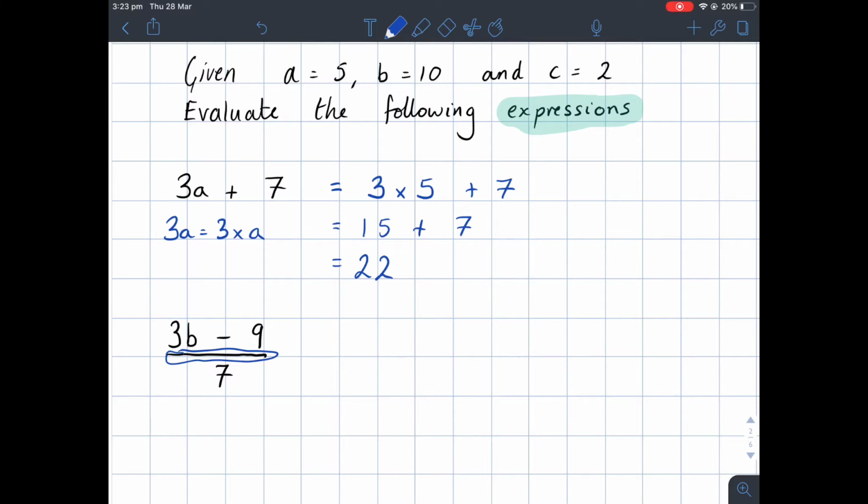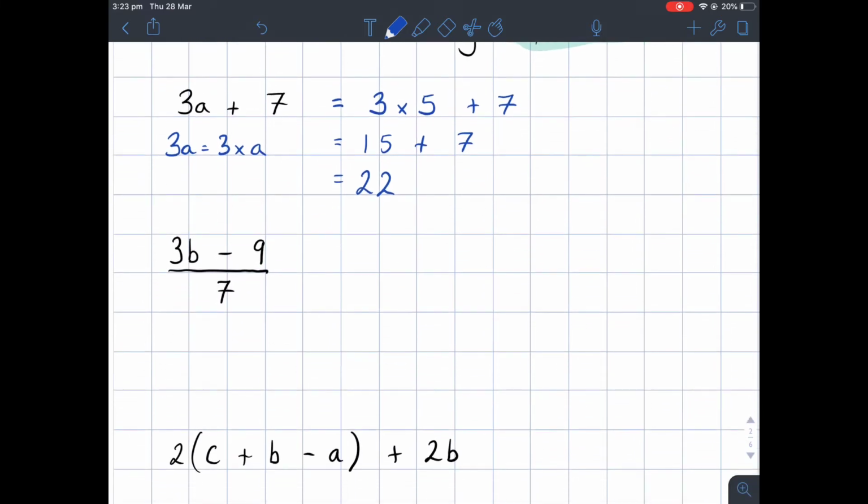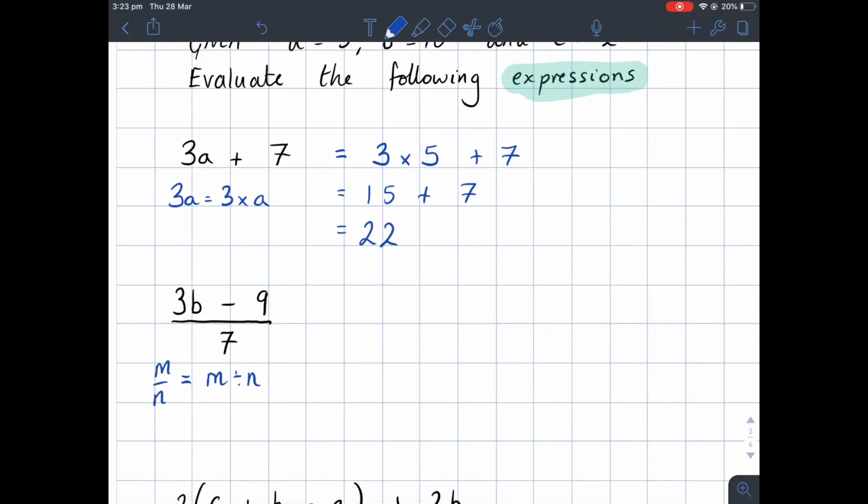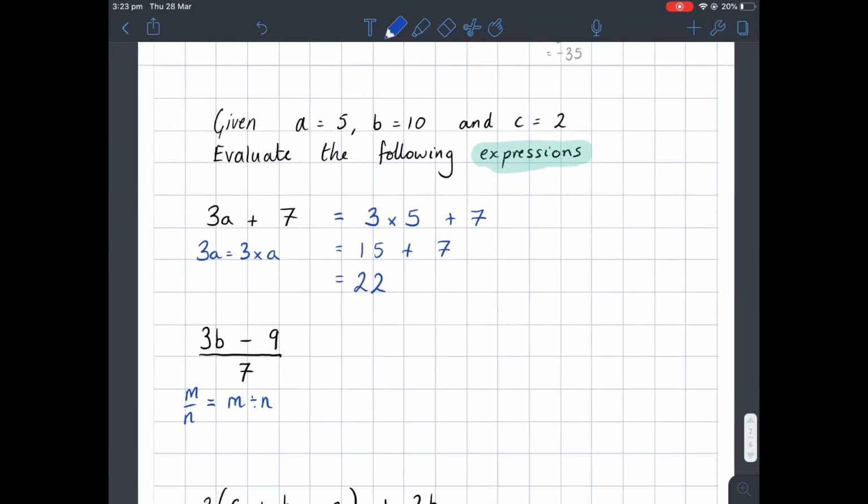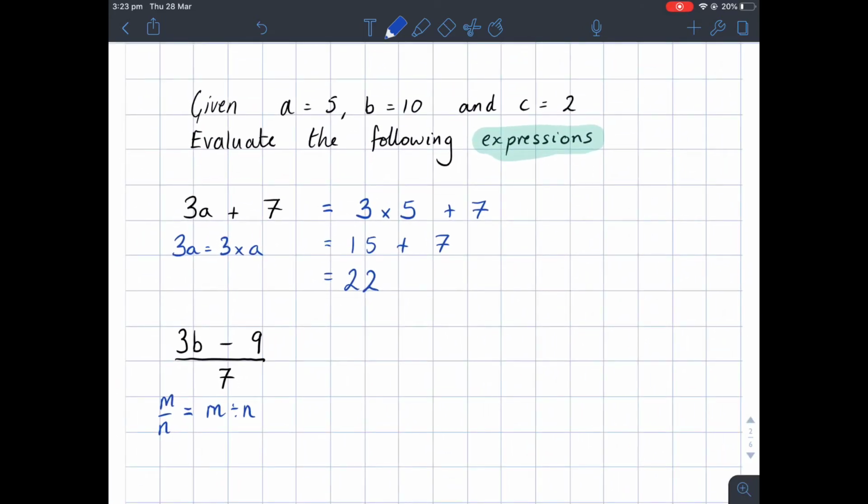fraction here. Now, again, just as a bit of revision, a fraction, something like m over n, is the same as m divided by n. So we're going to apply that here. And again, we've only got one variable to substitute in, which is b. In this case, b is equal to 10. So we're going to go ahead and substitute that in. So 3b is the same as 3 times 10, so that's the 3b part, minus 9, and that's all over